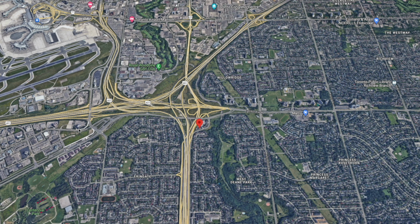Plus, you're 15 minutes to Toronto. You're 15 minutes to Vaughan. 15 minutes to Etobicoke. Or I guess you're in Etobicoke, but Brampton, Mississauga. So you're kind of centralized in a convenient little pocket that is tucked away from the city, all the hustle and bustle, huge density that you find in a lot of other major hubs. But it's the beginning process of this area also kind of being a focus for developers in the future. So I see tremendous value added by being kind of centrally located between all of these areas,